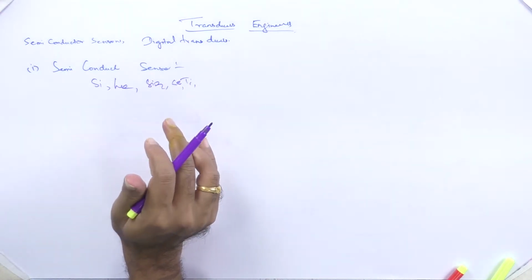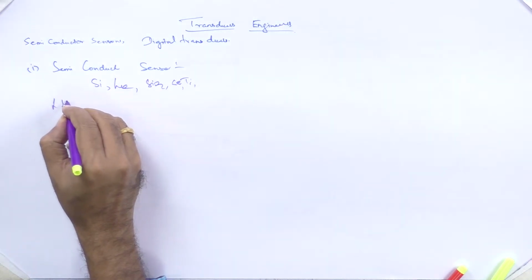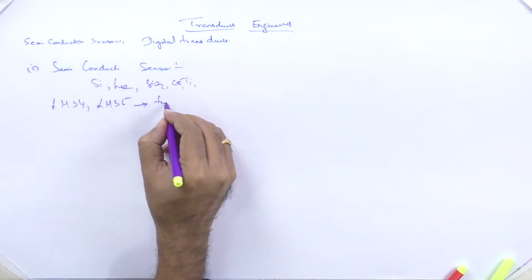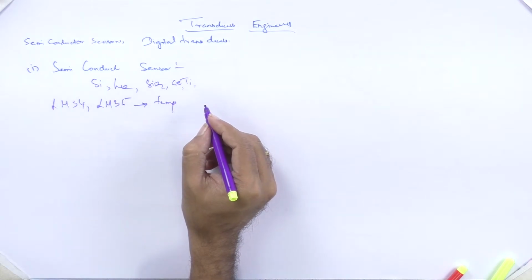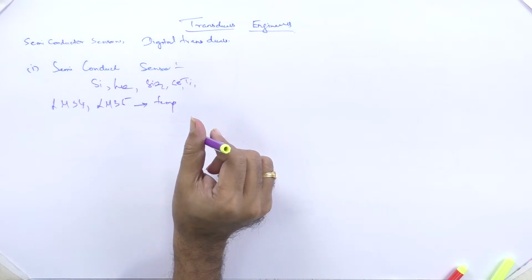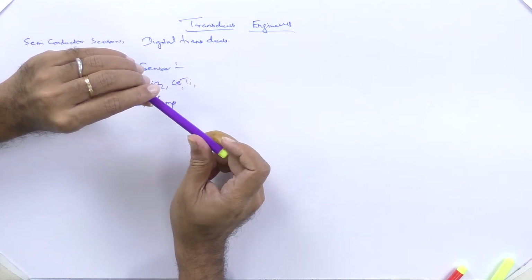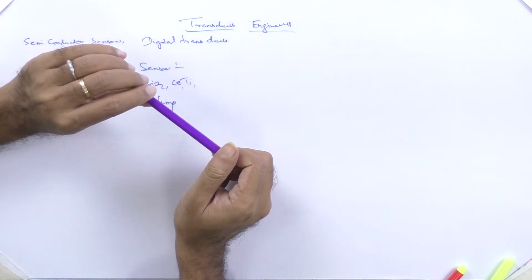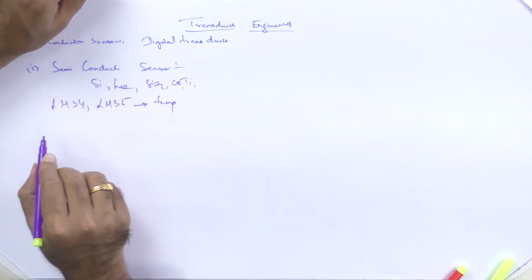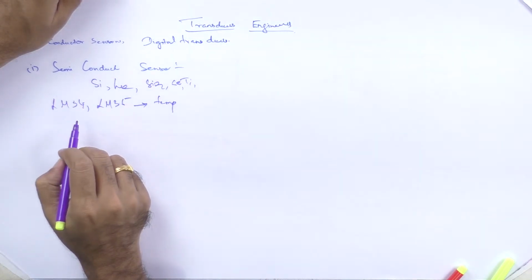I will tell you a simple example where we have used these things: LM34 and LM35. These two are temperature sensors which are used for the measurement of temperature, and these are very cheap sensors. We have already seen in the resistive property that we can use RTDs, that is the resistance temperature detectors, and thermistors for the measurement of temperature. And instead of those things which are a little bit expensive in nature, we can go in for mass production,